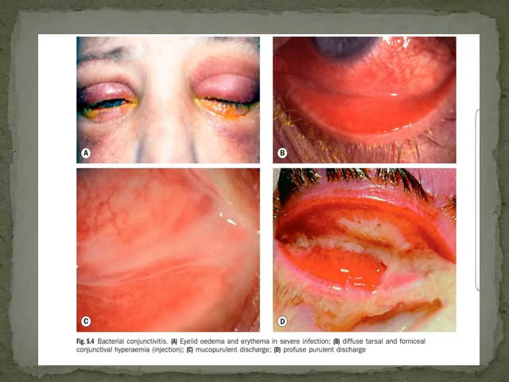The complaints of the patient, as we all know, can be foreign body or discomfort sensation. Then there's redness of the eye, mild photophobia can be present, and mucopurulent discharge is present. The patient can also complain of colored halos. Now the signs: we can see the discharge. Then conjunctival congestion will be present, which gives a fiery red appearance to the eye. Chemosis, that is swelling of the conjunctiva, will be present. Papillae and petechial hemorrhages will be present. Also there will be matting of the eyelashes due to the presence of profuse discharge.